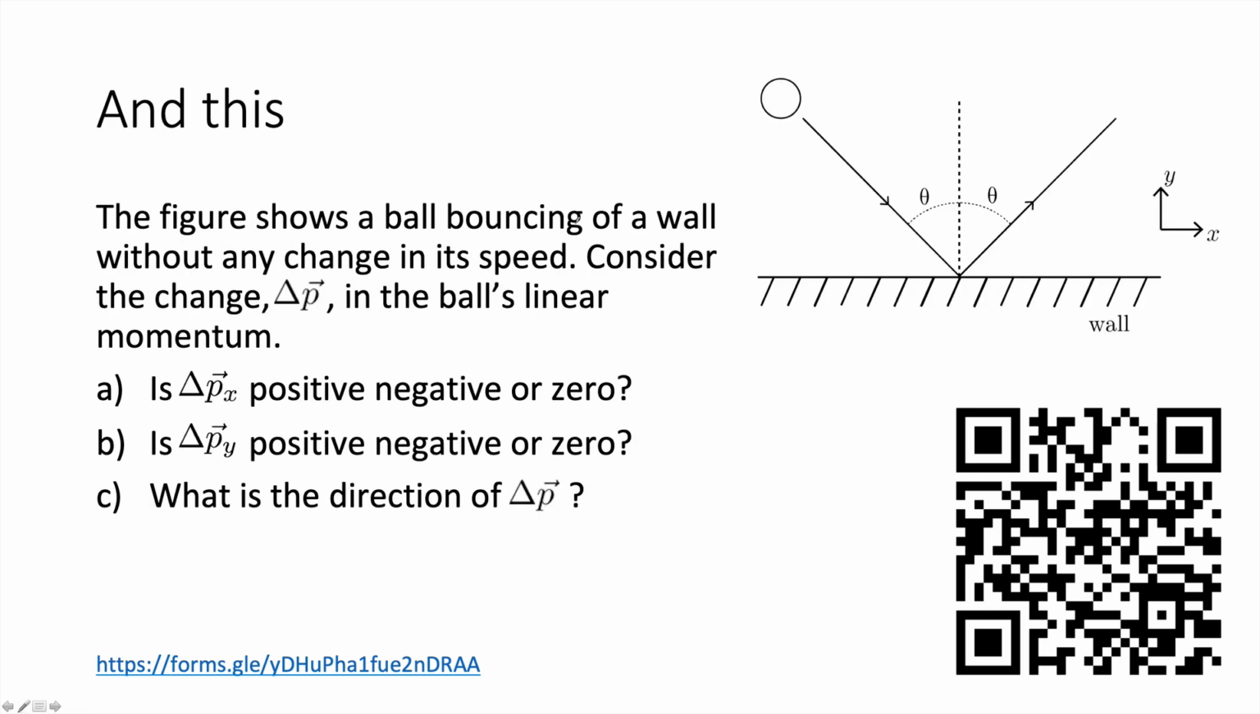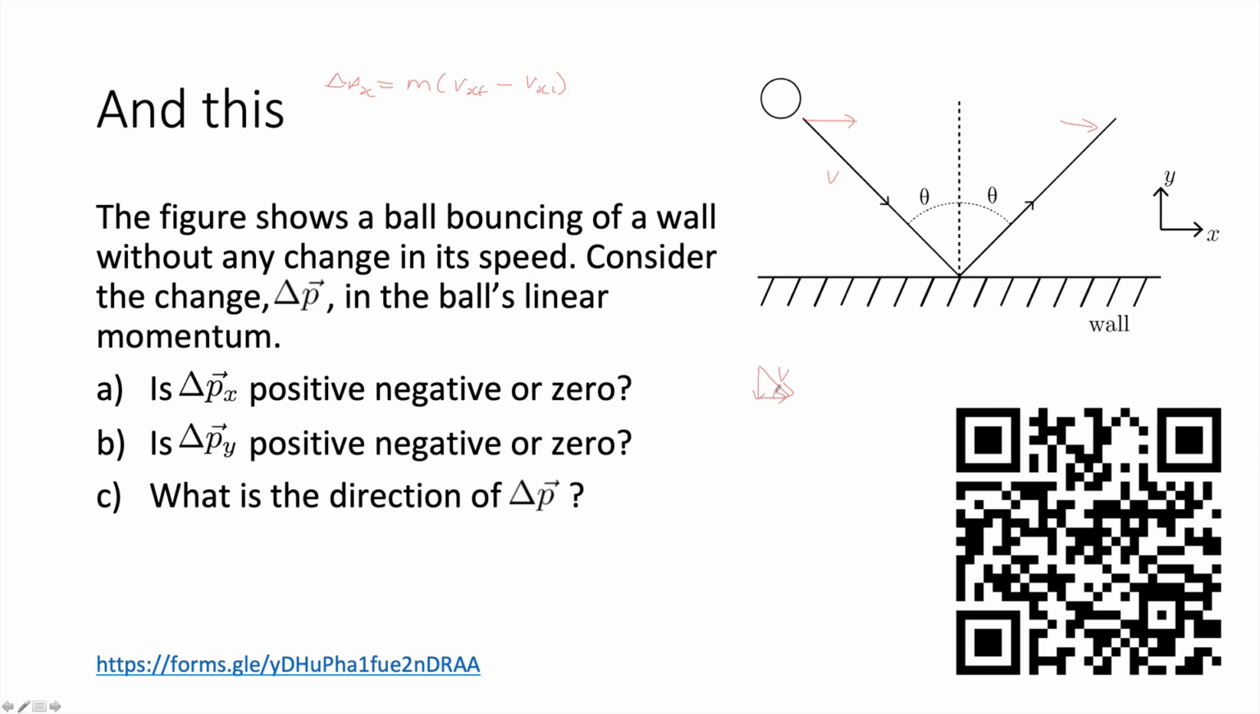So here's another problem to try. The figure shows a ball bouncing off a wall without any change in its speed. So it's got some speed coming in and the same speed going out. Consider the change in momentum, which is delta P, in the ball's linear momentum. Okay, so we're going to consider the x direction first. The change in momentum in the x direction is equal to m times vx final minus vx initial. And when we split the velocity into components, the x component is not changing because the speed is the same. And so we can show that initially,